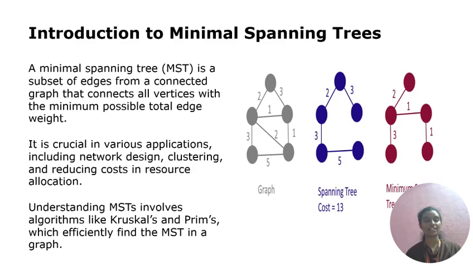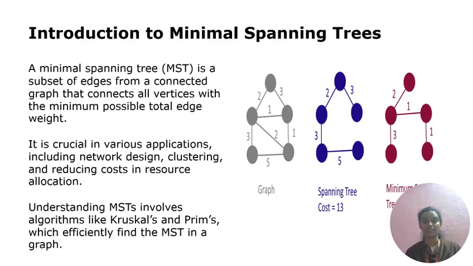A minimal spanning tree, which is also known as the MST, is a subset of edges from a connected graph that connects all vertices with the minimum possible total edge weight. It is crucial in various applications, including network design, clustering, and allocation. Understanding minimal spanning trees involves algorithms like Kruskal's and Prim's, which efficiently find the minimum spanning tree in